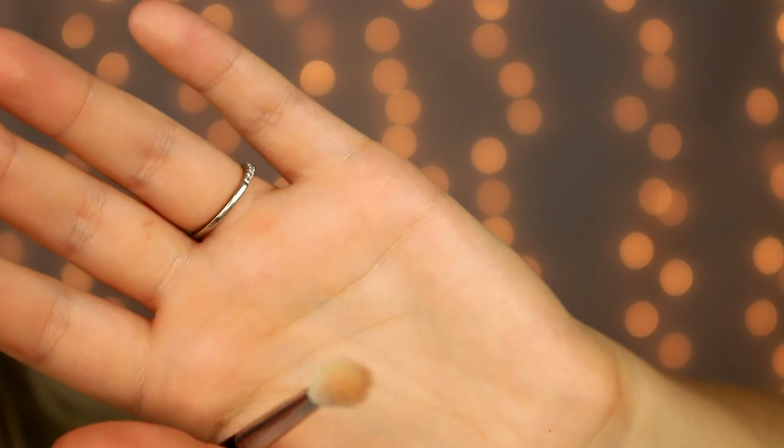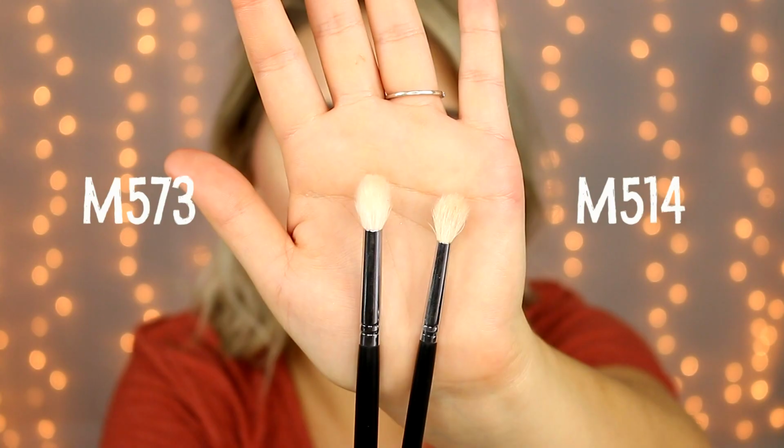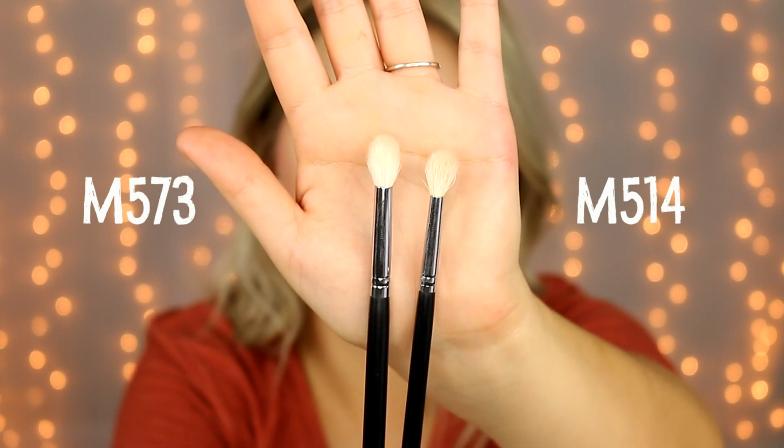So this is definitely a lot smaller than those other ones. So let's compare this one with the M573, which is the one that I like to use for my transition shade. But as you can see, it's a lot smaller. So I like to use this for placing color in the socket of my crease, because